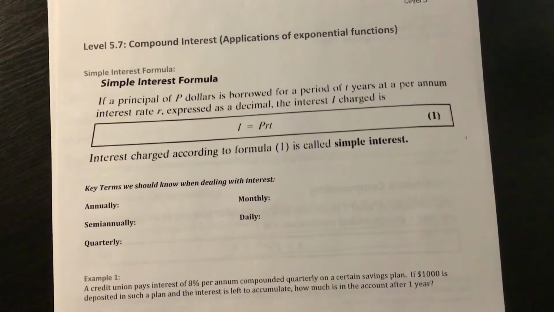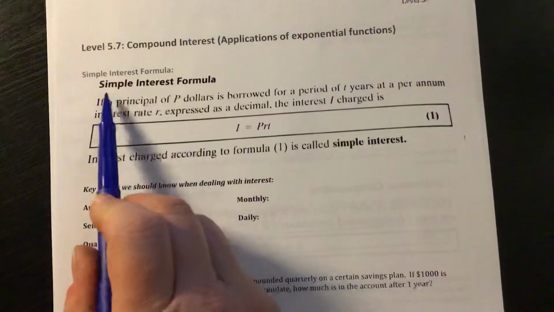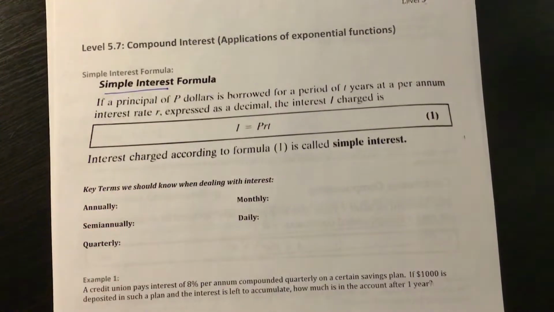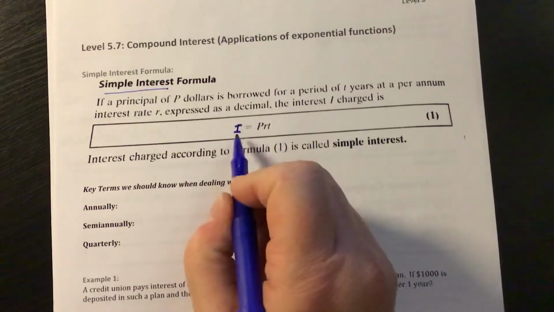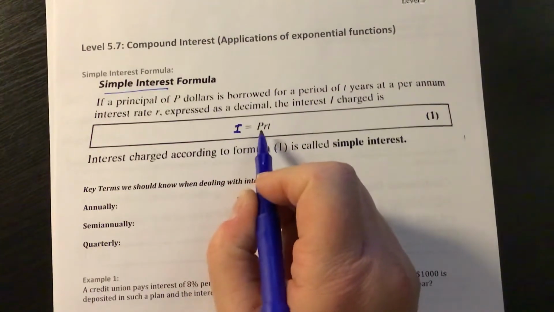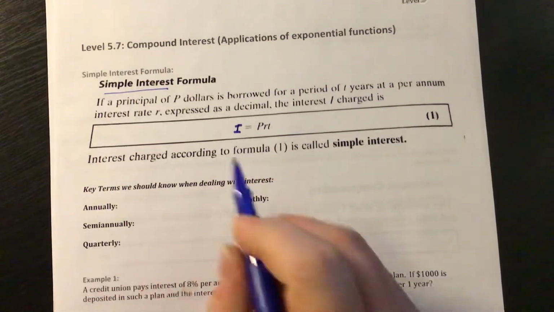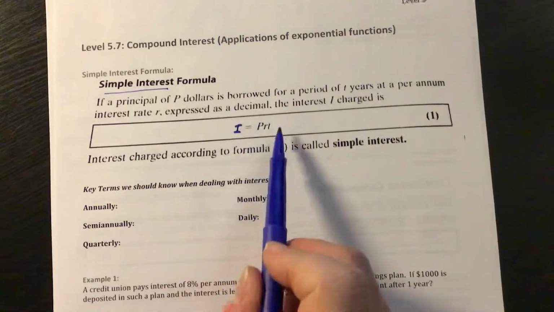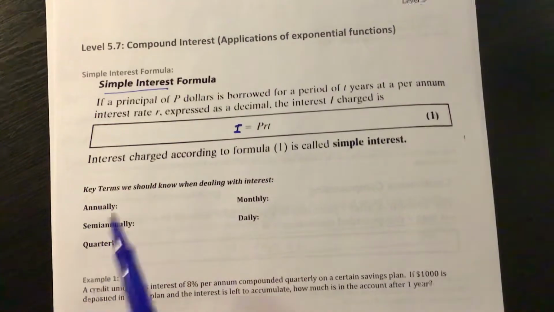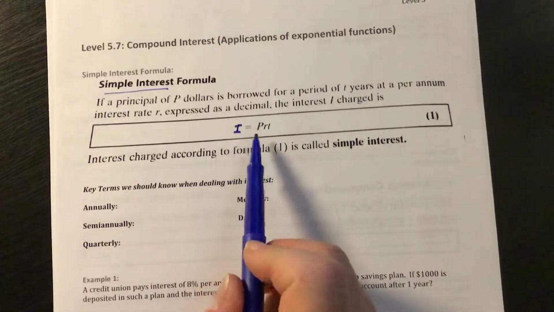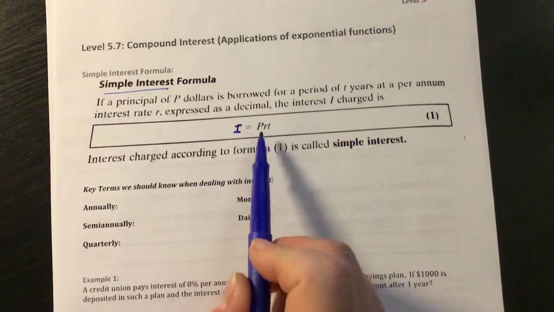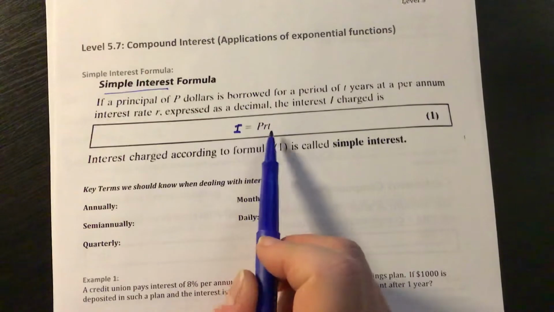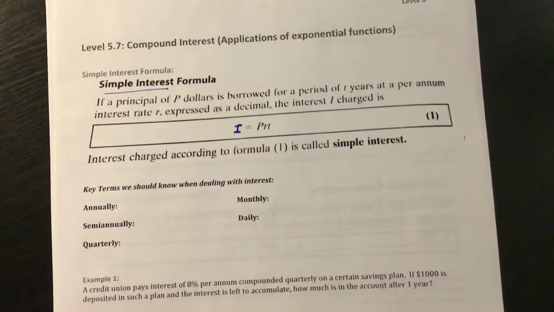Back in Algebra 1, we learned a formula called the simple interest formula, and that's where we learned that to find interest, we multiply the principal times the rate times the time, and we were able to calculate the interest. Or knowing the interest, and two of these three other things, we were able to calculate either the principal or the time or the rate in certain conditions. All right, so